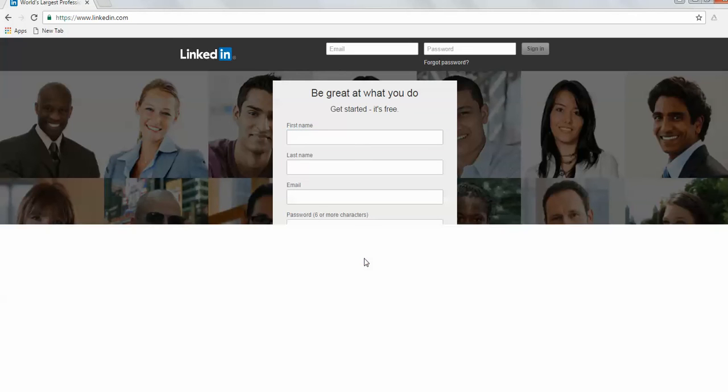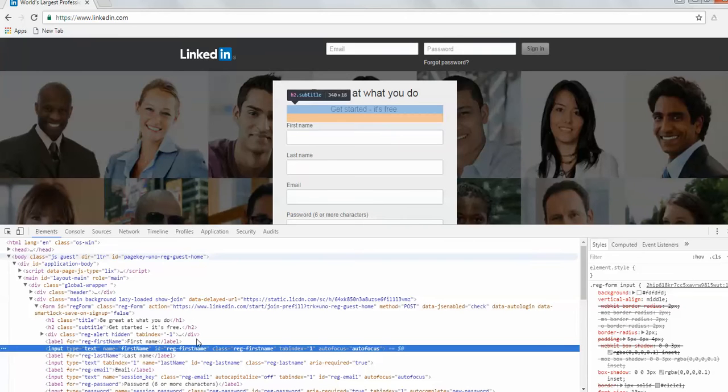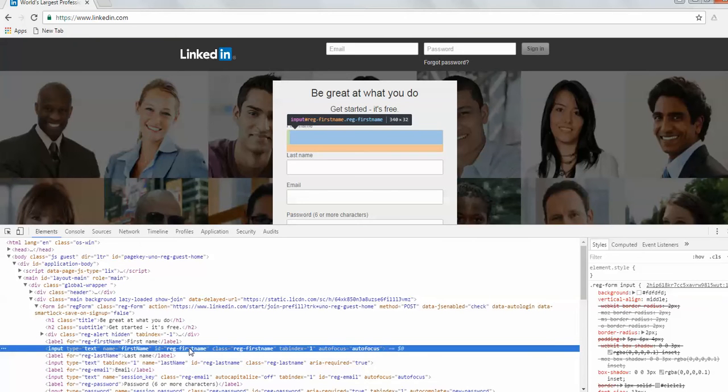Once you click on inspect, it will give you the entire details of this particular element when you hover over this line. It will highlight the first name text box here. Whatever you see in blue is the details given by the code.